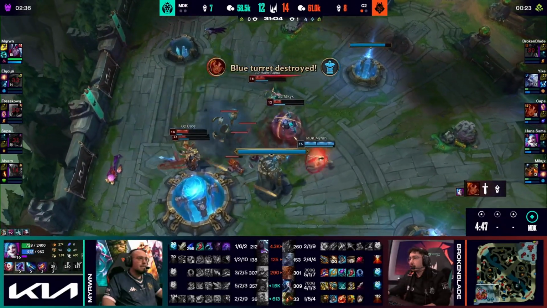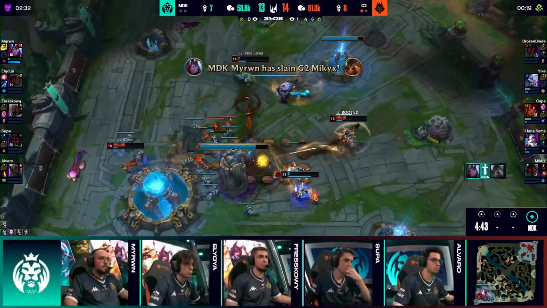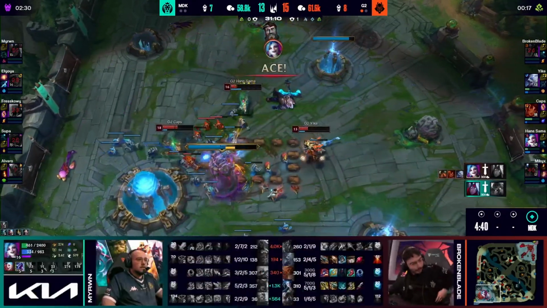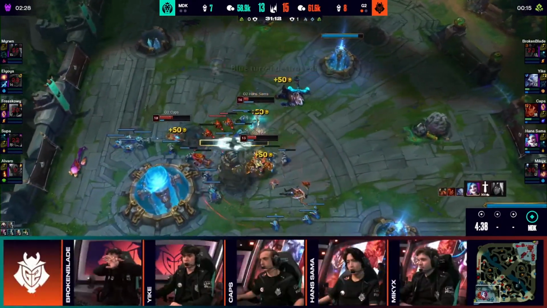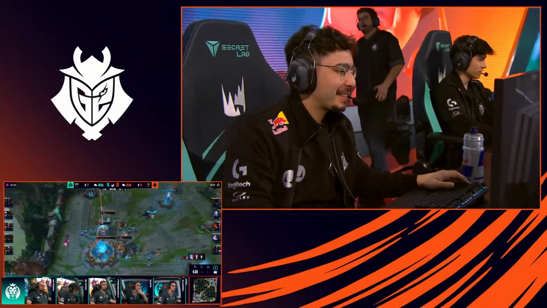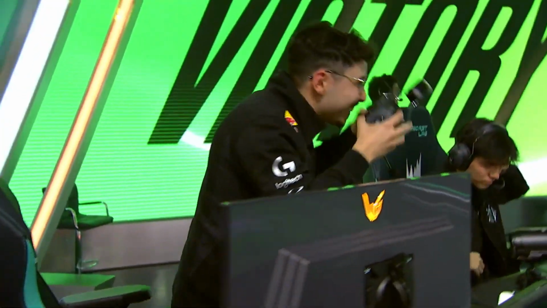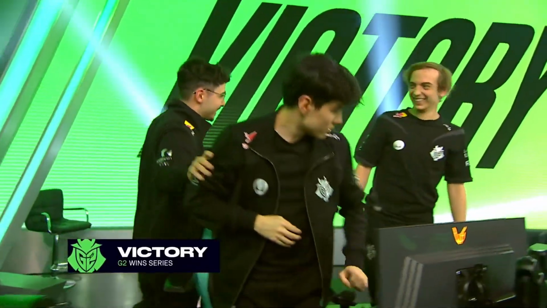Mirwin, he's been bullied all game. I don't think the ending play here is going to be any different. Hansama's got no health, just enough from the quick bloom. And G2, it was messy, it was sloppy, but a win is a win. They move on to face Fnatic. G2 will pick up the